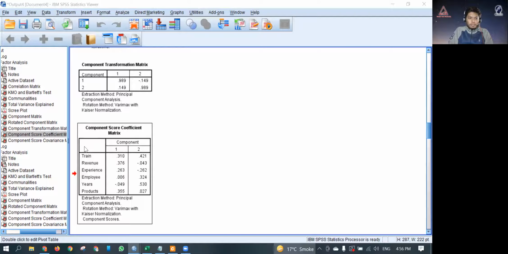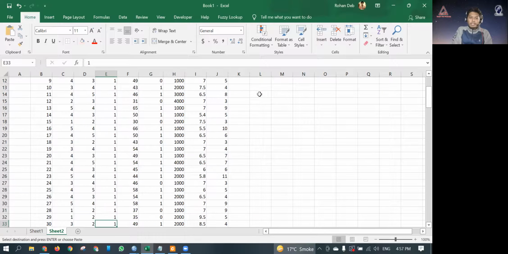Let's keep that. Firstly, what we have to do is standardize this data. So, standardized variables. First thing we do is find out the average.